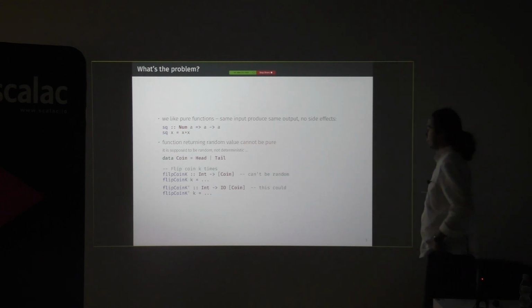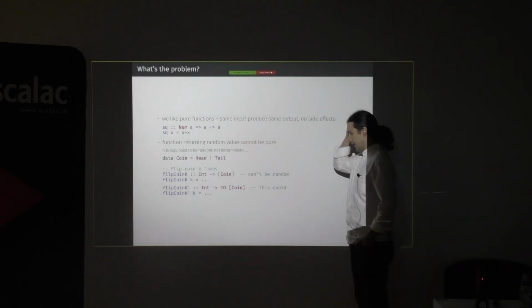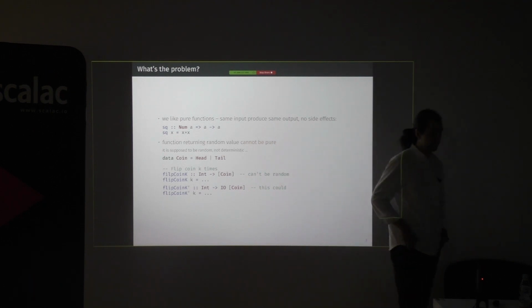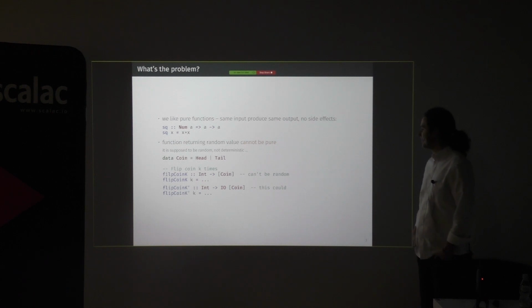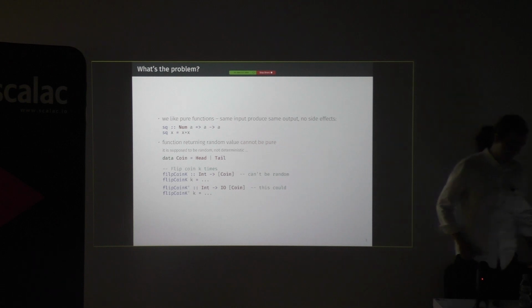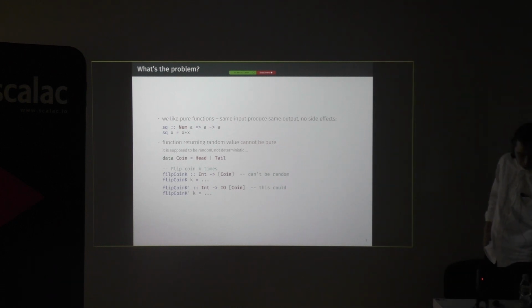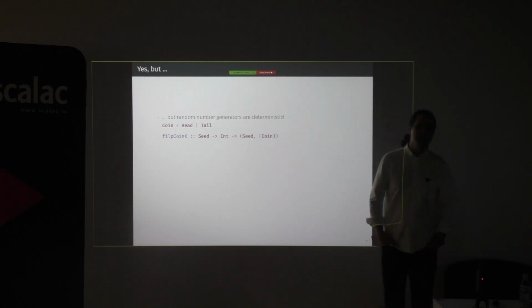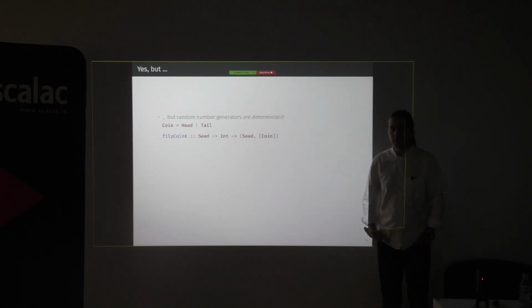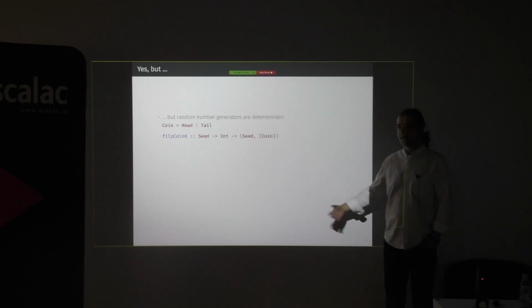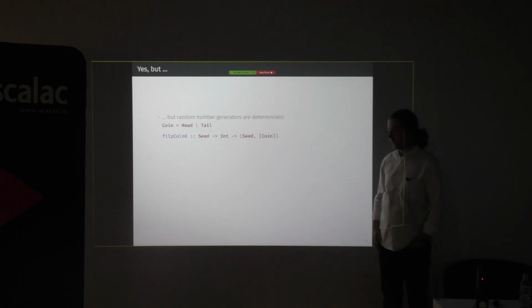Well, of course, we can use, for example, the IO monad. So do our random computations in some monad, for example, IO. But, well, we like pure functions. So it's not good. But, okay, one might say that the random values are random, but the random generators are actually pseudo-random generators, so they produce a deterministic result if we also provide the random generator state as an argument.